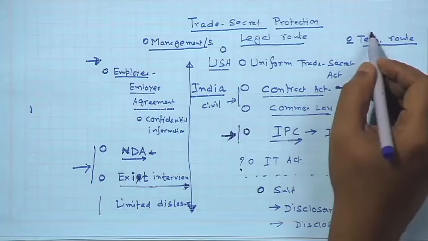Just like electronic or digital signatures, the key with reference to a particular organization is provided to only a few people. So they can be allowed to have the digital signature certificate key, the public key and private key. Similarly, they can think about that type of mechanism, a technical route to protect it.